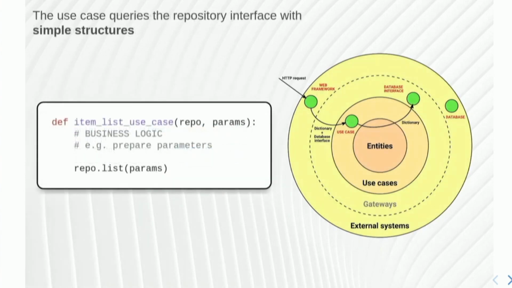Cool, now internally, I'm in the use case now. And I have, finally, my business logic. Okay, this is where my brain comes into play, right? I have to write something that implements the recommendation system, the whatever filtering you want. Eventually, sooner or later, I have to use the database interface to retrieve the data. So in this case, I'm calling repo list, passing the parameters that I received from the HTTP request, or from outside, I should say. Right, where they come from is not important. The business logic might be, for example, to prepare the parameters, to add some filtering, you know, or to do something else.